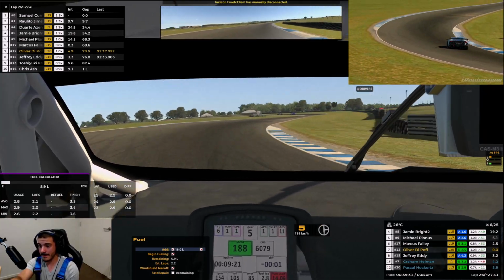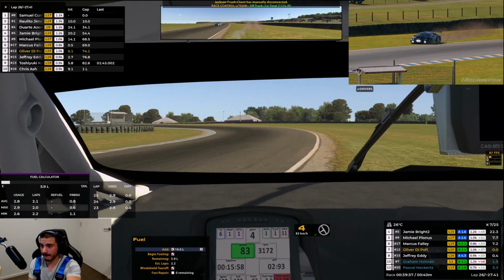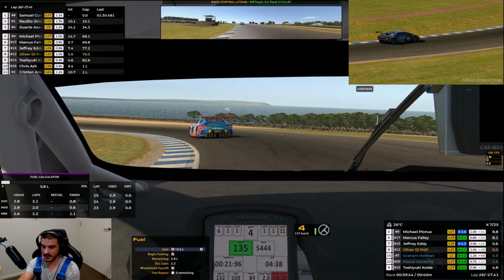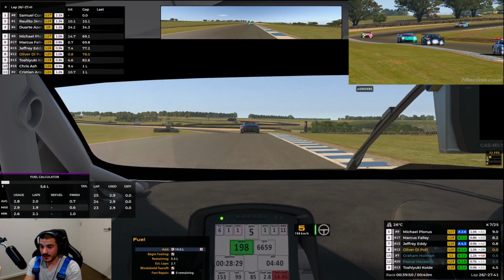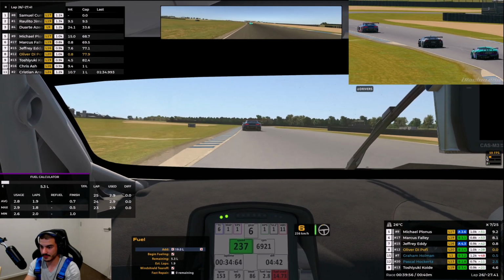Oh, wow. Oh, wow. I had to say it, didn't I? We've gone out of track limits. Keep it between the lines. The perks are going off before the 2nd corner. It means you don't go off at the 2nd corner. I don't know what just happened in the last 8 minutes. I was in complete and utter control and